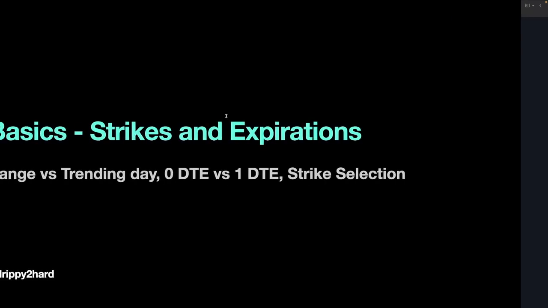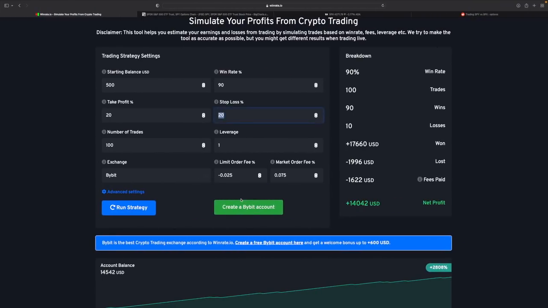So then what do you do? You need to know if it's a 0 DTE versus 1 DTE. If you're buying next week, I highly recommend not buying 0 DTEs, but buying next week's. The premiums are a little bit more expensive, but you're safer. Then you can reduce your stop to 20%, because the premiums are not going to move 20%. You're not going to get knifed down because theta is still your friend. And then you can adjust the profit accordingly.